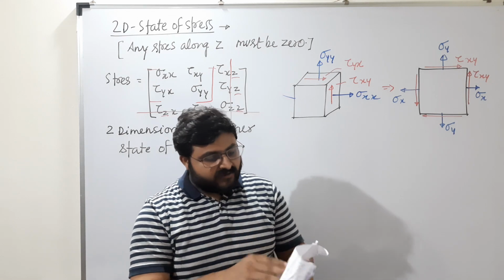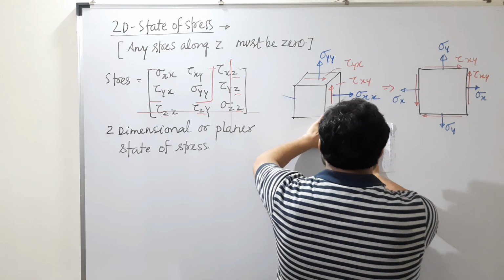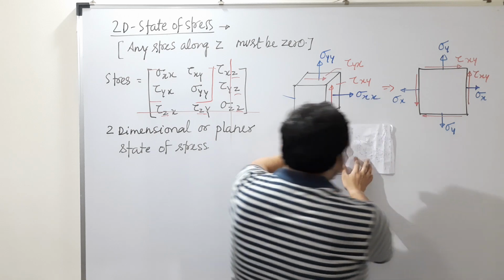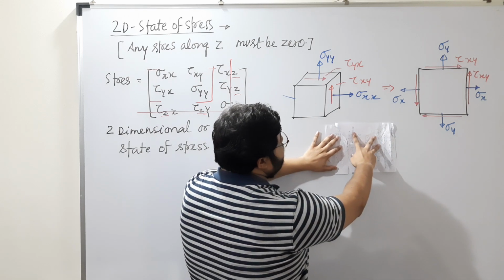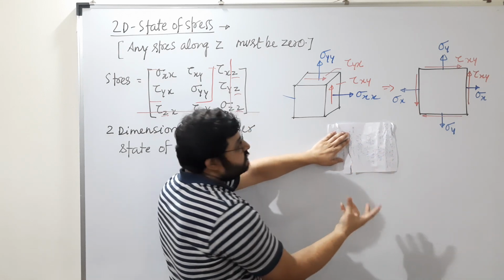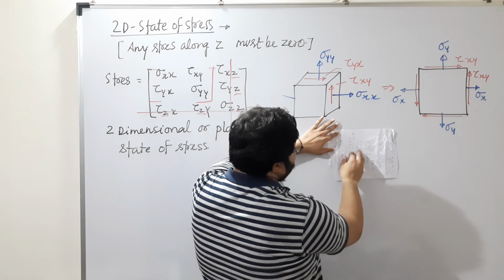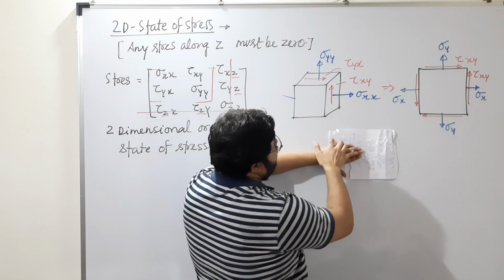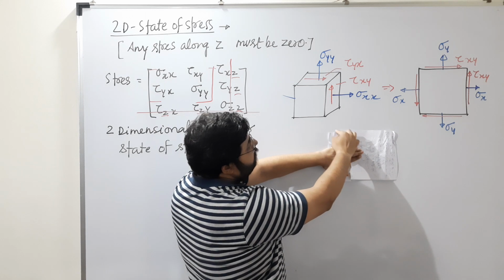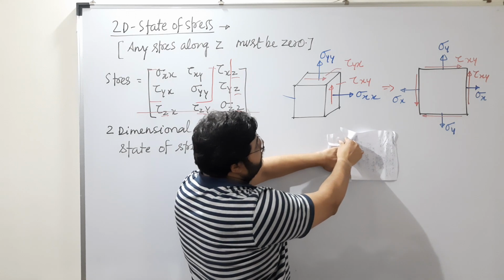So if I put it in this way, like this, how do we know that this element is going to fail from this position? Why not like this? Why can we say that this element is going to fail like this? The major part will be, look at this point. Here the normal stress value along this plane will be more than the strength of this. That is the reason it has started breaking from here.